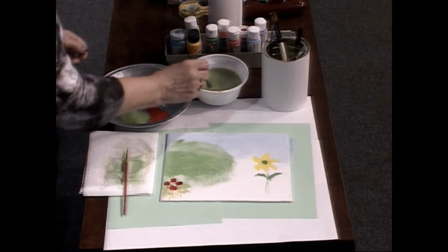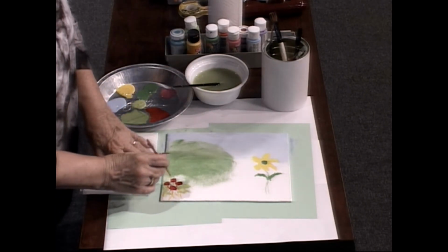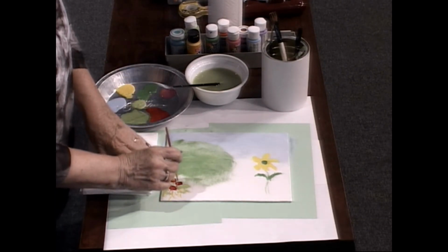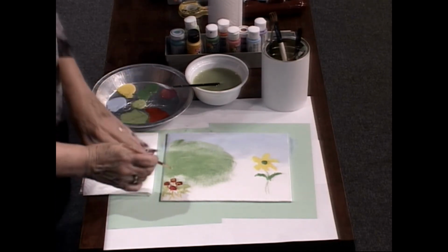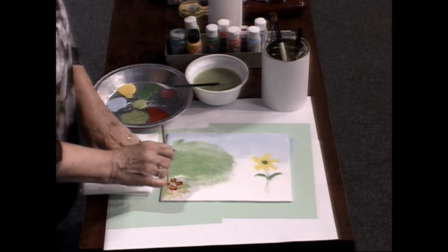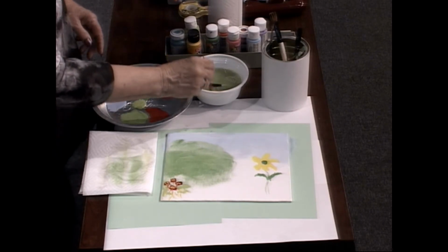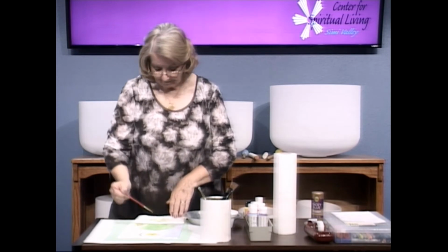So I think our red flower needs a little bit of a yellow in the center. So we'll just dab some yellow in there, just a little bit of dots. But I think in the story, Reese was, I guess, the oldest paintbrush, and he was helping the younger ones create the different pictures. But the thing about it is that he was aware of some of the other paintbrushes and their challenges that they experience. And he was able to help the other